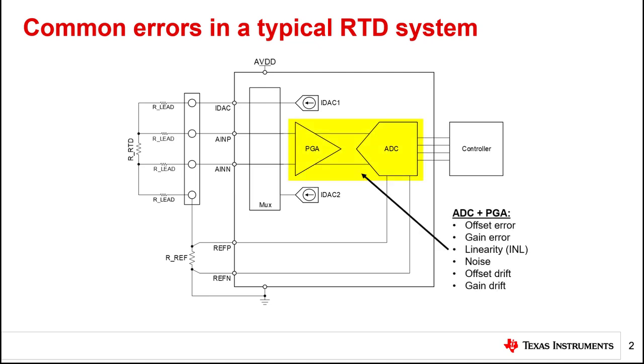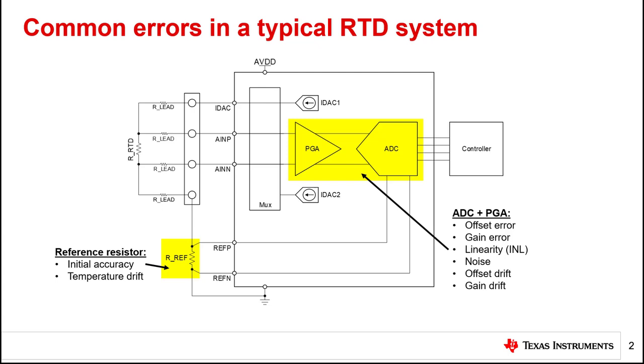The ADC and amplifier can contribute multiple types of error. In this image, the amplifier is integrated into the ADC package, but the same error analysis applies for a discrete amplifier. In either case, the amplifier and ADC can contribute offset and gain errors, linearity errors, and drift errors. While both components can also contribute noise, this topic is not discussed further in this presentation. Instead, refer to the Precision Labs series on ADC noise for a detailed noise analysis.